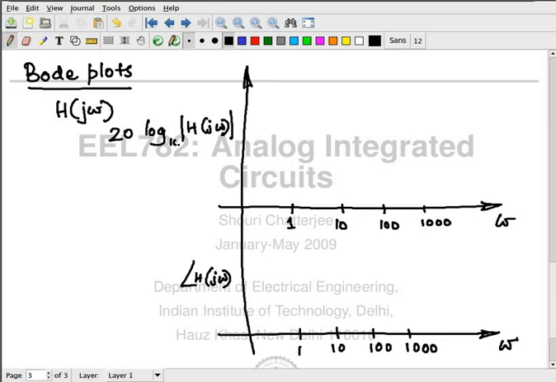So these are the two crucial things that you need to understand about the graph. Both the x-axes are in the log scale, and for the magnitude plot, the y-axis is also in the log scale. Alright? Okay. Now that we understand this,